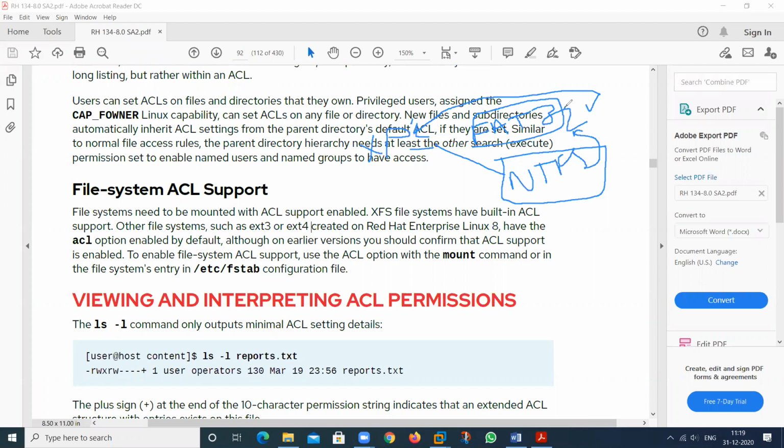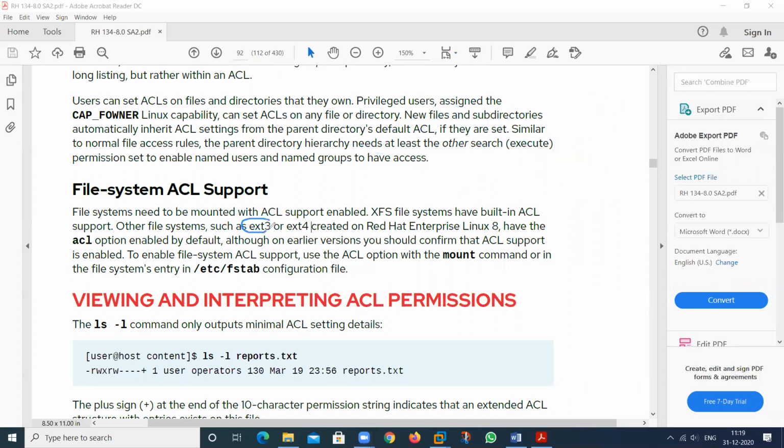So if I want the security related to the New Technology File System, we should apply that particular file system, then that type of security will be available. So in this, if you have a file system related to ext3, ext4 and XFS also, Red Hat also supports ACL by default. This is called the XFS file system. That is inbuilt security related to the ACL.